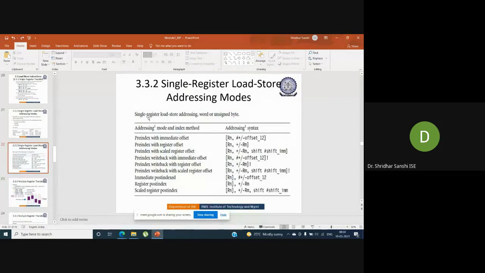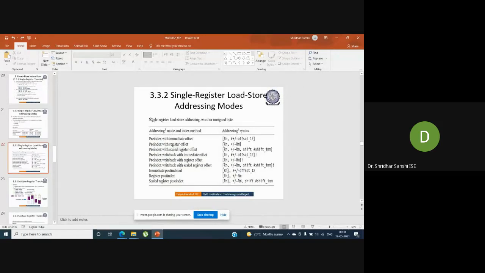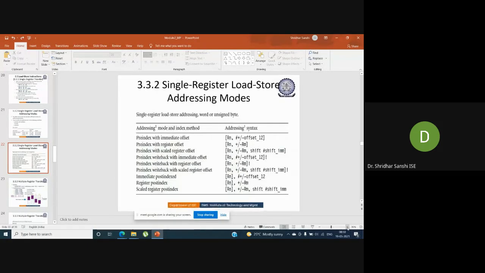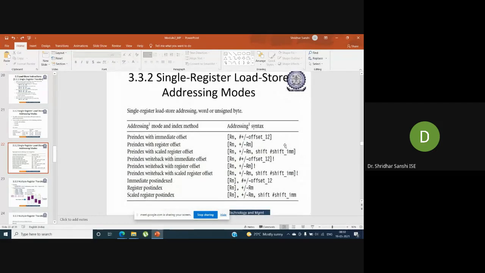This is how you can give a value to the indexing modes. Pre-index with immediate offset, which can be plus or minus. The offset should be within 12 bits. Next is pre-index with the register offset. You can put the offset value into the register.